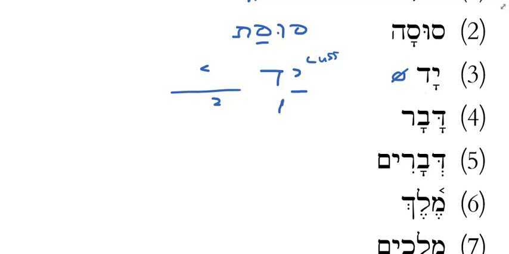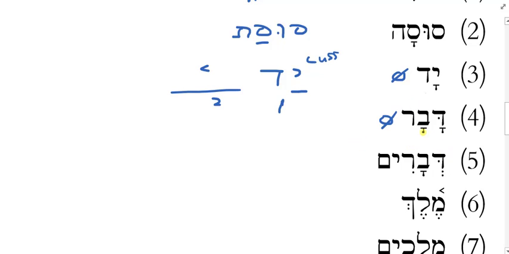So that's what we're looking to do here. Let's take a look at number 4 here on the drill sheet. We have davar. What does the word davar mean? Word, thing, matter. Okay, good. This is the absolute form. We want to make this the construct form. First thing we need to do is change the ending, if this is an ending that can change. What's my ending on davar? The ending is nothing. So we don't change the ending.